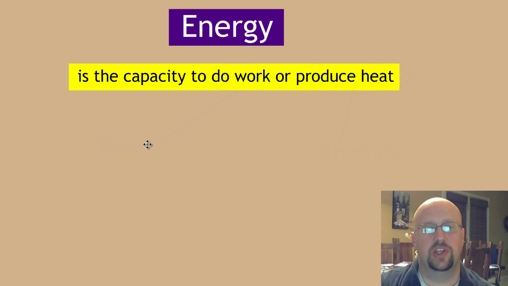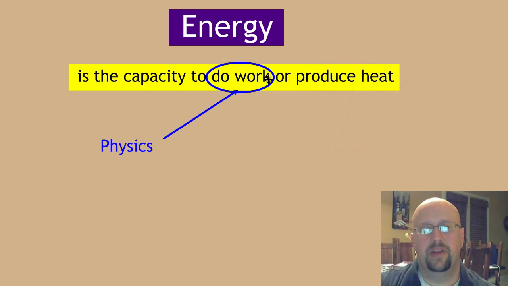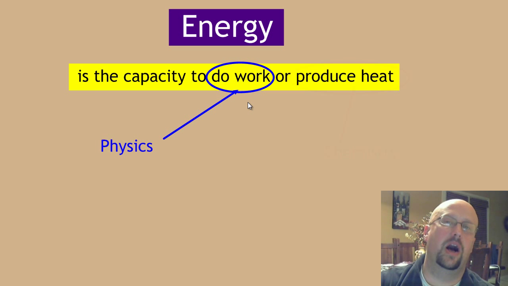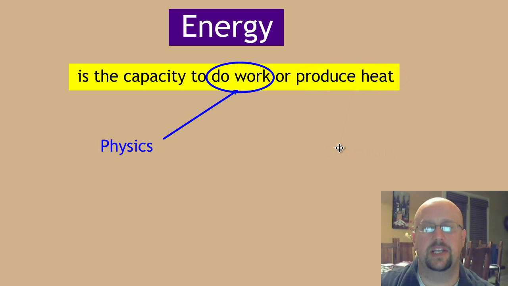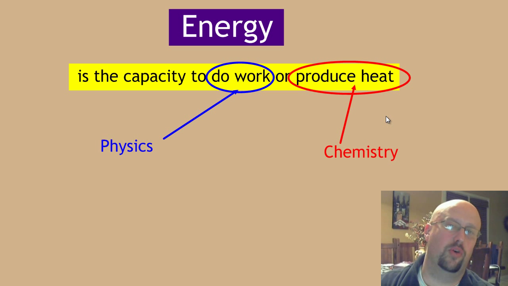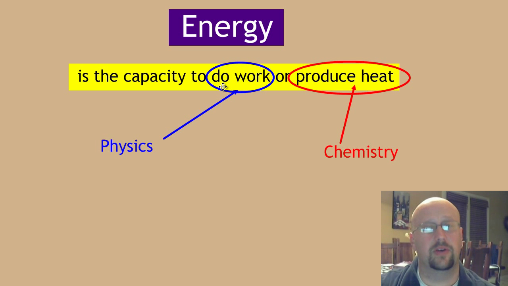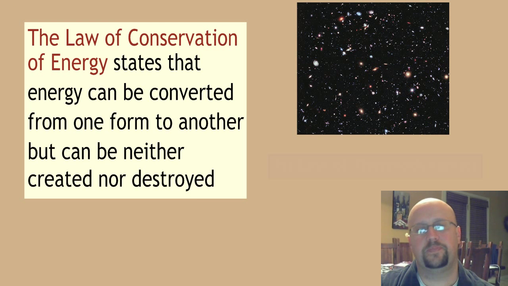This is probably the definition that you learned in elementary or middle school. In physics, we're usually a lot more concerned with the ability to do work. If you remember, work is basically applying a force over a distance. Something has to move in order to do work in the scientific sense. In chemistry, we tend to be a little bit more worried about the heat aspect, whether we're producing or absorbing heat, and what's going on with the heat part of the energy. There's a little bit of the work part that goes into it as well, particularly when we're talking about expanding volumes. But typically speaking, we're a lot more concerned with just the heat part.